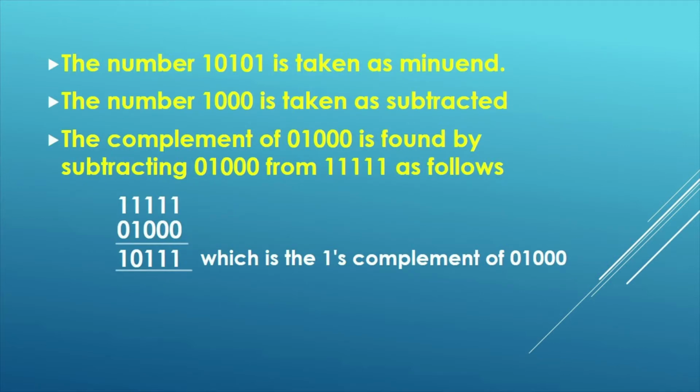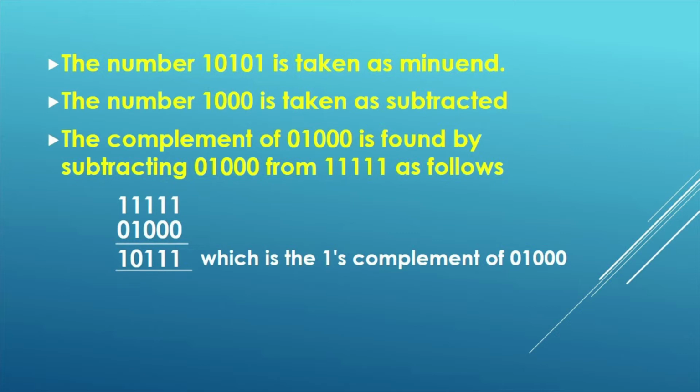Now let us take the example that we have and see how we can do the subtraction by the 1's complement method. The numbers are 10101, which we will take as A, the minuend. The second number is 1000, which we will take as the subtrahend. To do the subtraction by the 1's complement method, we have to take the complement of the subtrahend. And how do we get the complement? We subtract the number, that is 1000, from